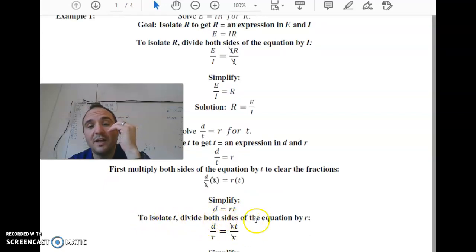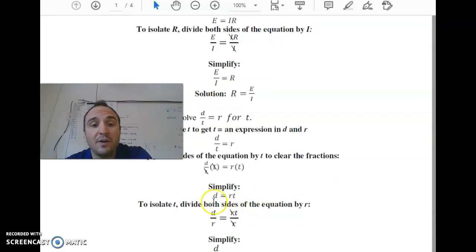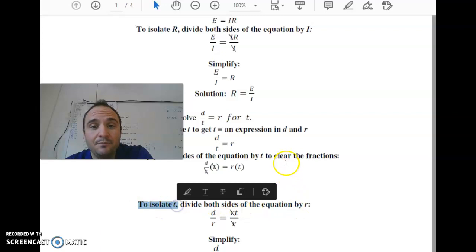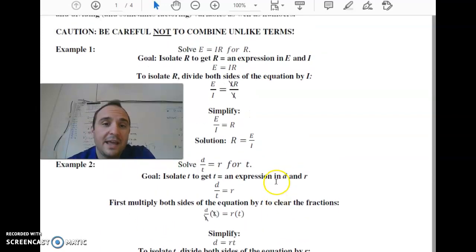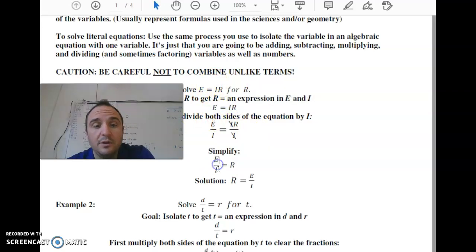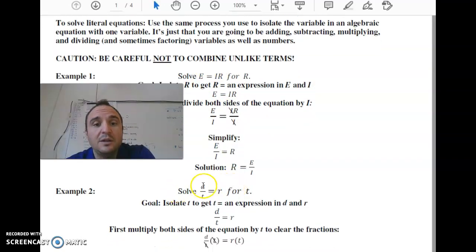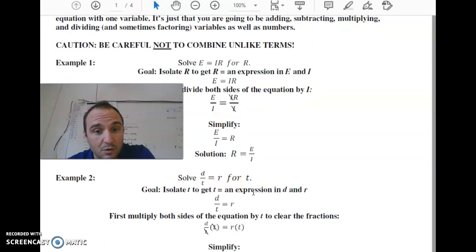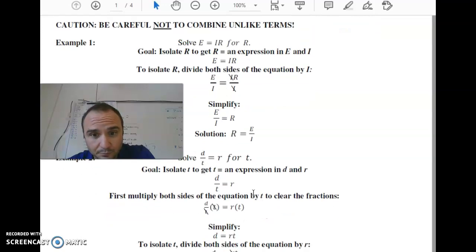You divide both sides by r. So recap. E equals IR. Get R alone, you get R equals E over I. D over t equals r. Get t alone. When you isolate for t,